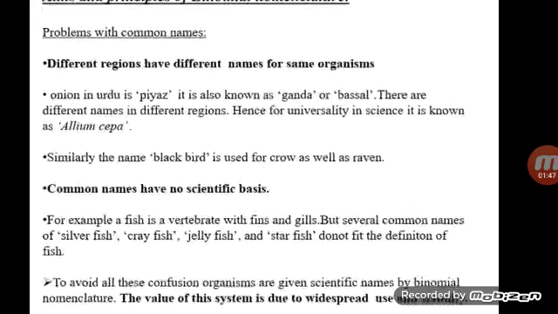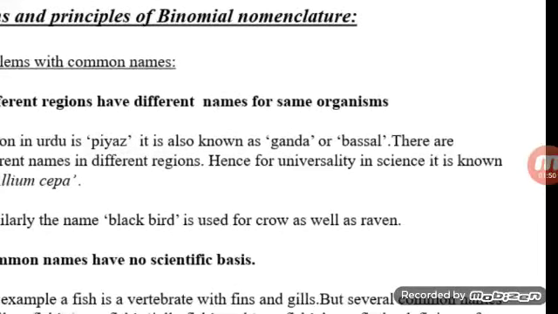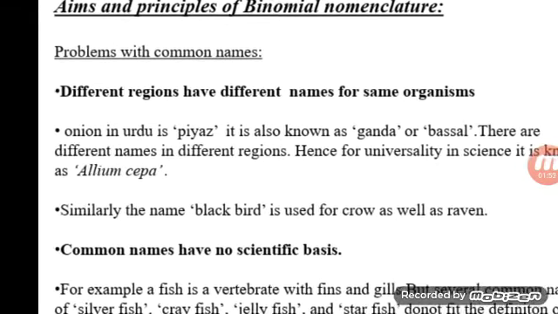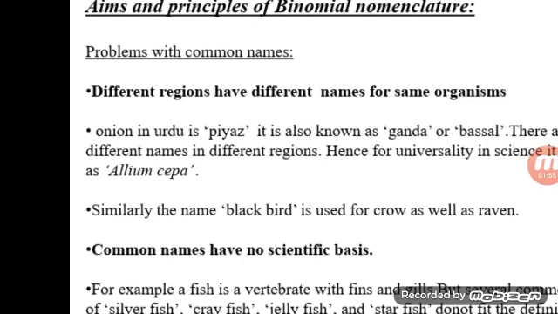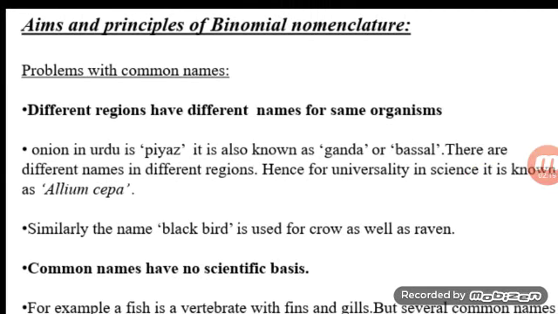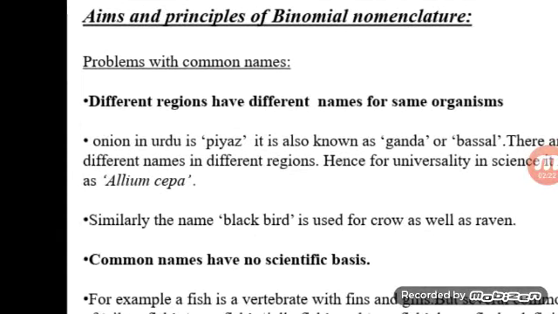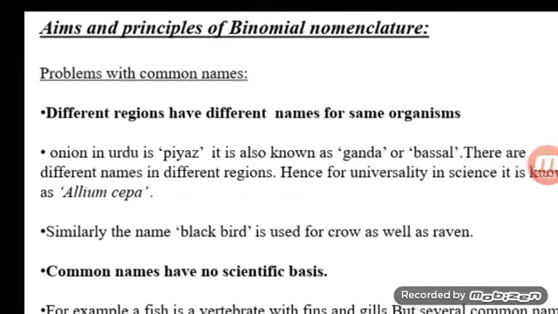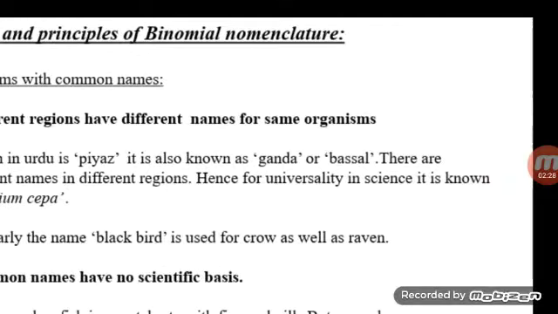Now, what are the aims and principles of binomial nomenclature? Actually, there are some problems with common names. For example, different regions have different names for the same organism. Like onion, in Urdu we call it pyaz. It is also known as ganda or basal in different languages. There are different names in different regions, hence for universal use, in science it is known as